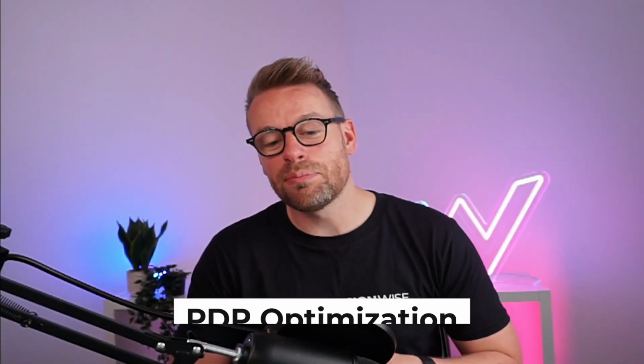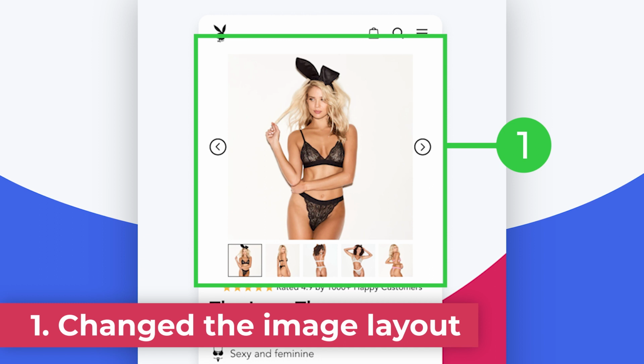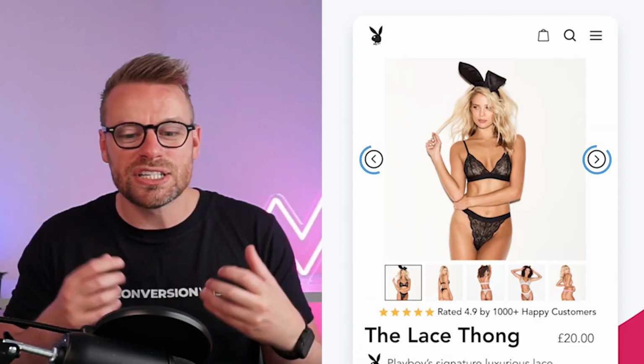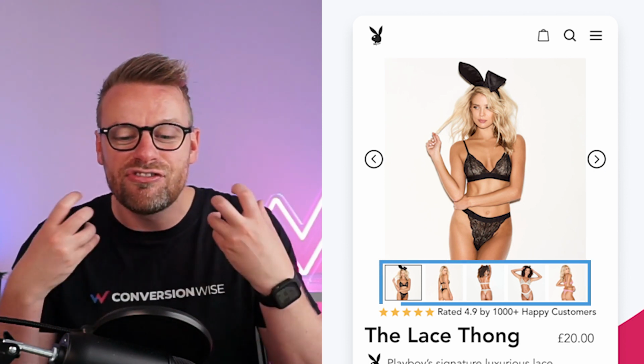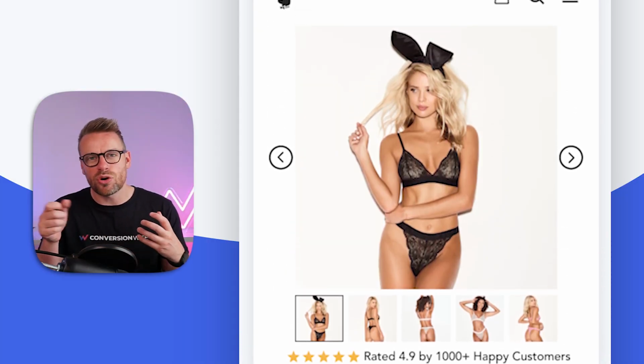Moving on to page number 2, the product page, and we've done some subtle optimizations here, but again, with the volume of traffic this type of brand gets, these would make huge swings in uplifts in revenue. Point number 1 is we have optimized the image section. We've added those pointing chevrons beside the image. We've also included thumbnails as opposed to the small dots to give a visualization of more images. It just means that more people are going to scroll through those beautiful pictures